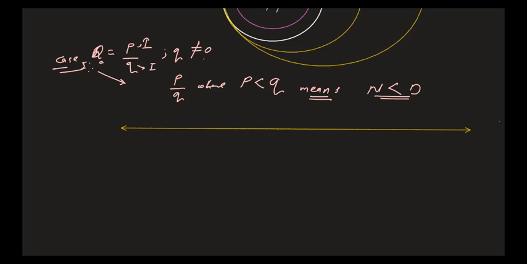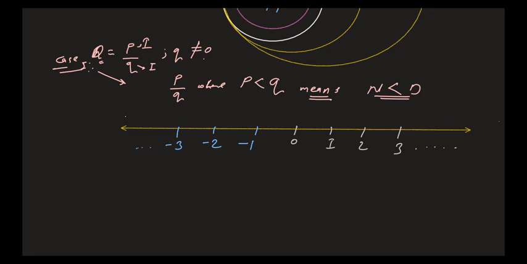So I'm drawing a number line scale. On the number line, in the middle is 0, and on the right-hand side are all positive numbers. So I'm taking all positive numbers 0, 1, 2, 3 on the right-hand side of 0, and all negative numbers on the left-hand side of 0. So this is -1, -2, -3 and so on. Students, you already understand these are rational numbers.